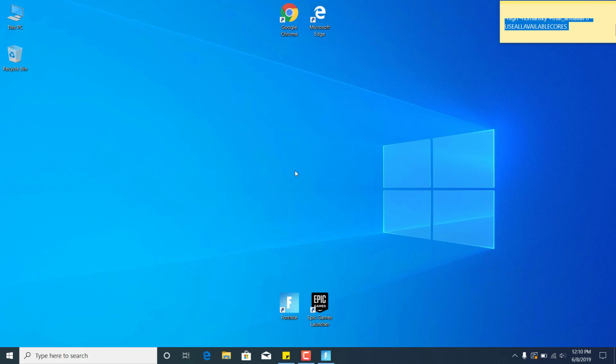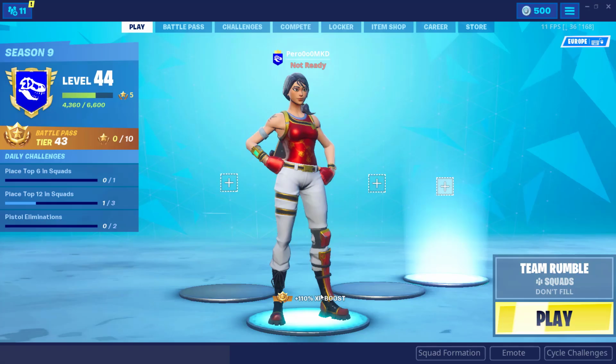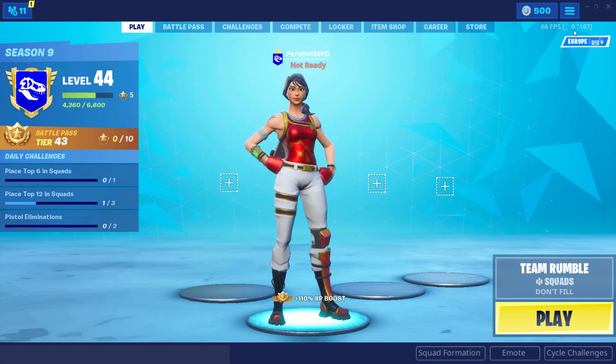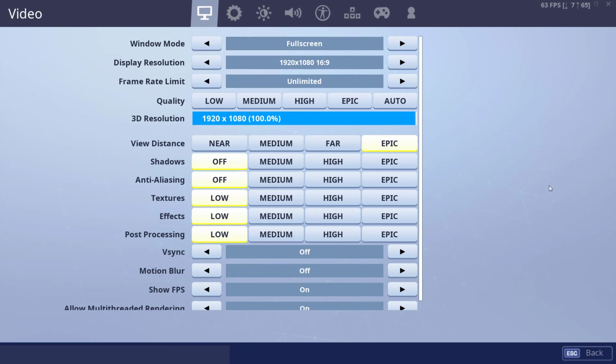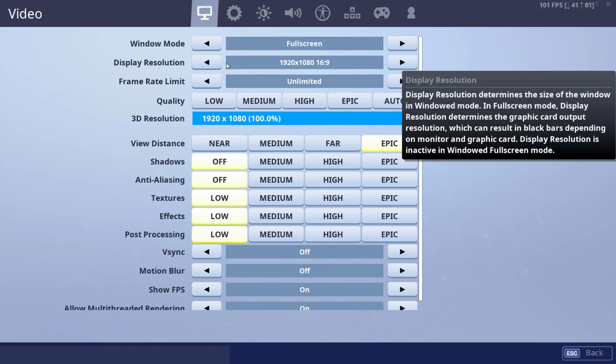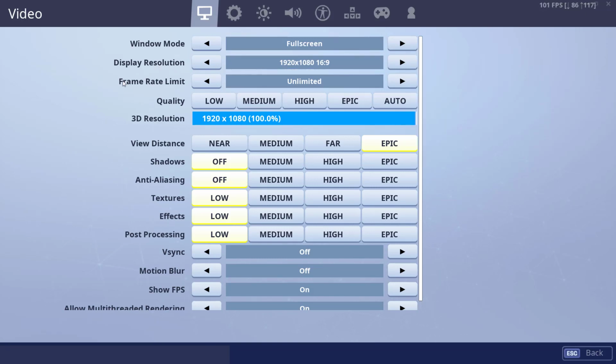And the last step is to open Fortnite. Once you open it, go to the settings, and now in video settings what you want to do is set the window mode to full screen, set the display resolution however you like, set the frame rate limit to unlimited, lower the 3D resolution, so set it around, I don't know, 60%,